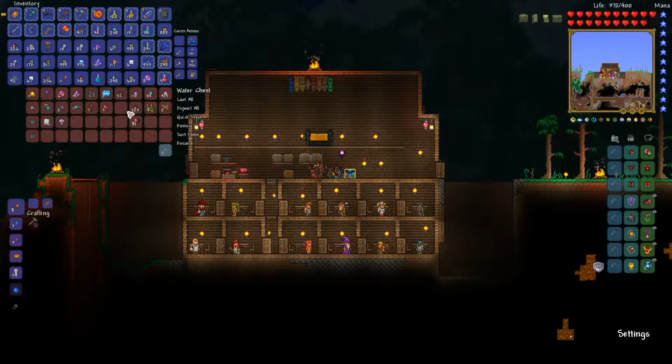And let's see what we've got for our... So these are some of our key things. Mithril. Let's have a look. So palladium, adamantium, mithril. So for our...